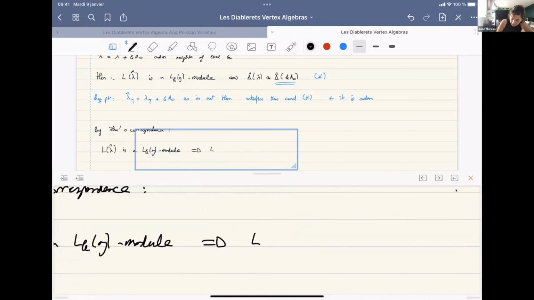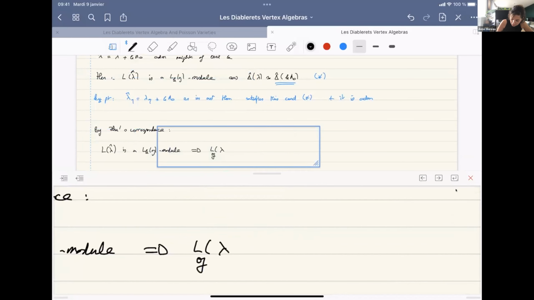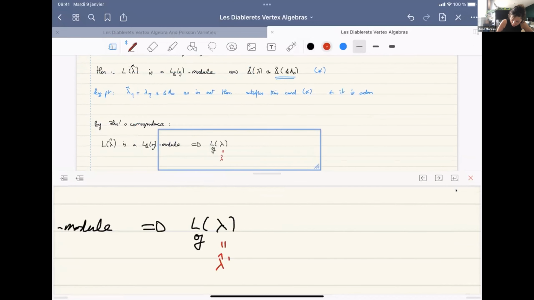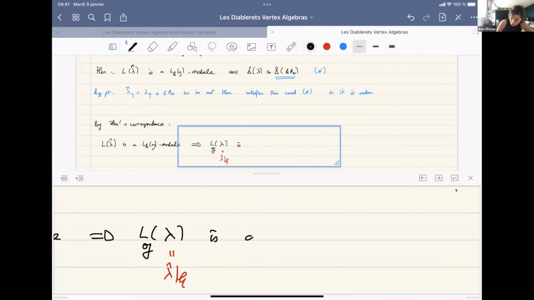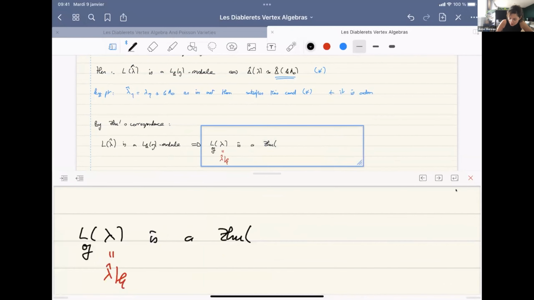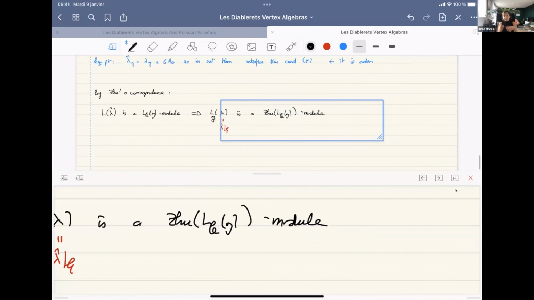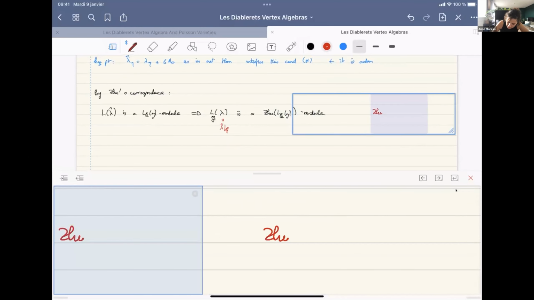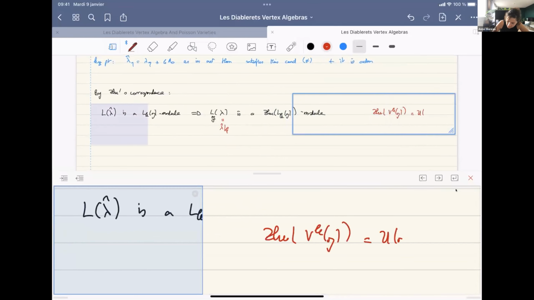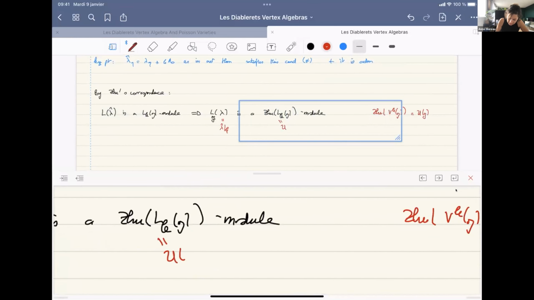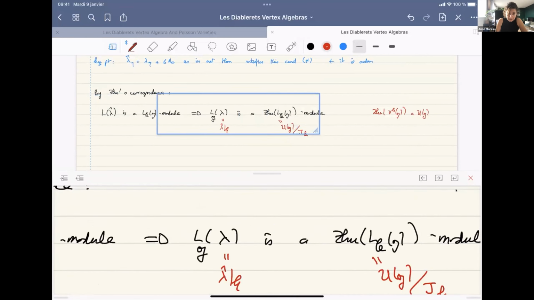This implies that the corresponding highest weight of G, corresponding to the restriction of lambda hat to the Cartan, is a module over the Zhu's algebra of L_k(G). So in general, the Zhu's algebra of a vertex algebra is a certain non-commutative algebra, and maybe I mentioned that the Zhu's algebra of the universal affine vertex algebra is just the enveloping algebra. And so here, this is a certain quotient of the enveloping algebra, let's say J_k. Okay, so at the end, we have that for lambda q, we have this, which implies